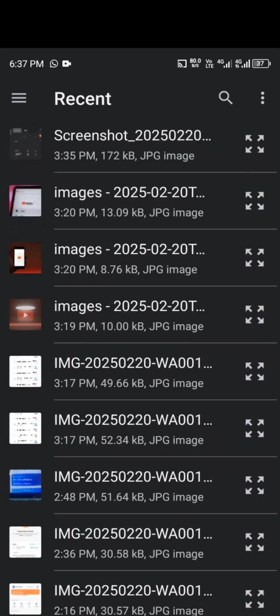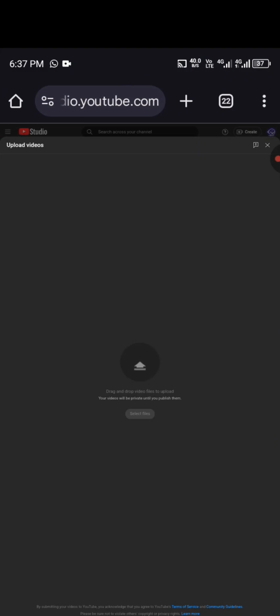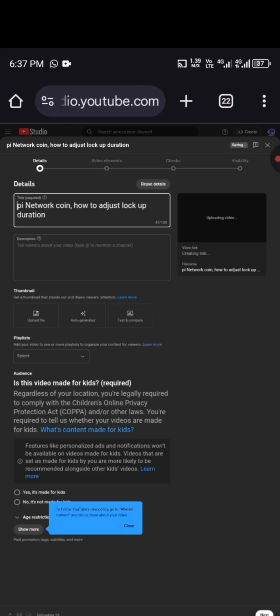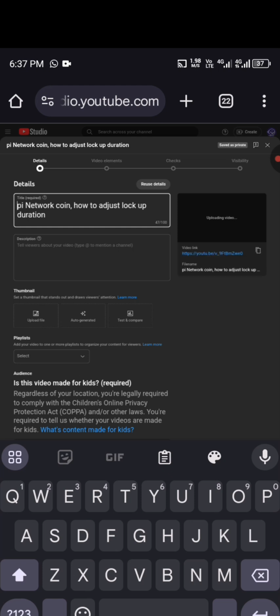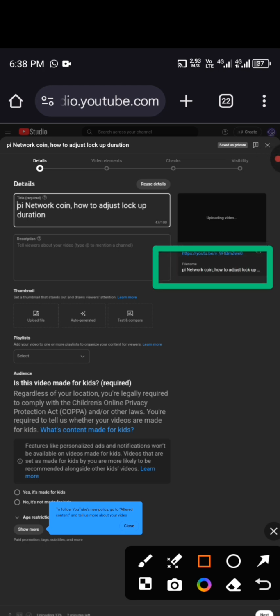That will make YouTube know that your video actually has something, that your video has a purpose, just like this. As you can see, if you look at this place, the file name of my video is already Pi Network how to adjust lockup. Now the moment you do this,